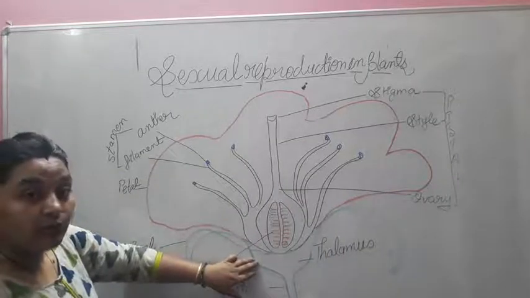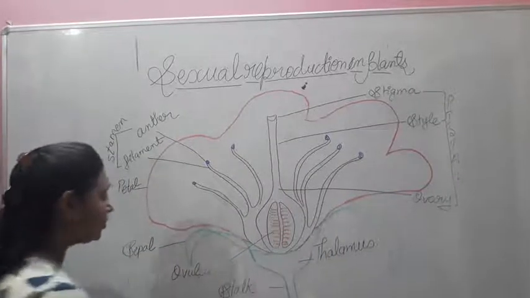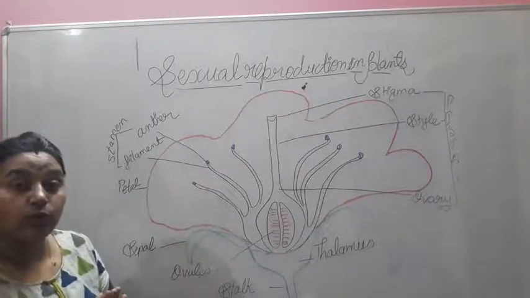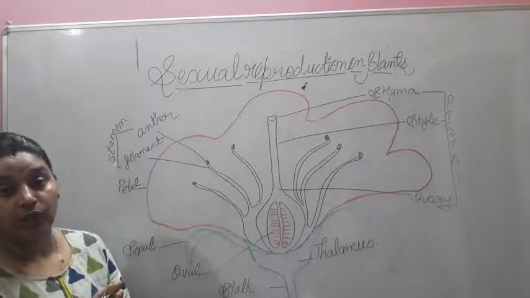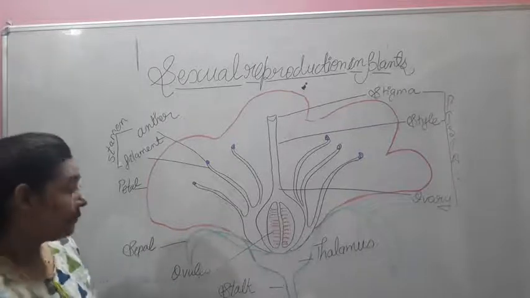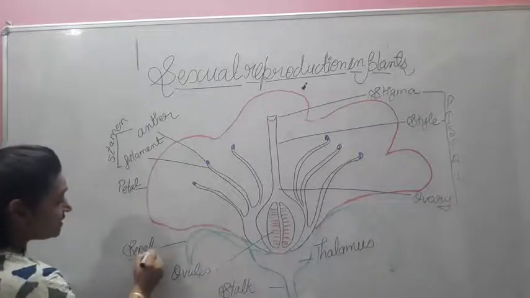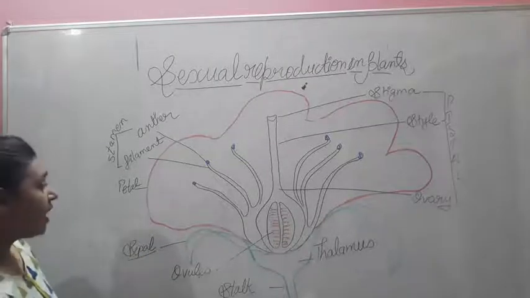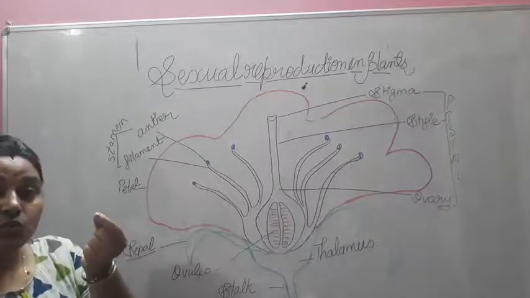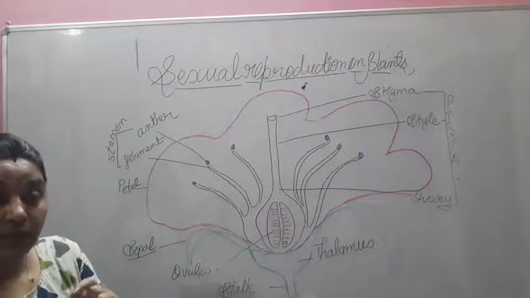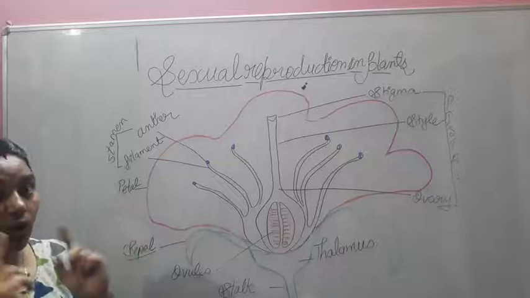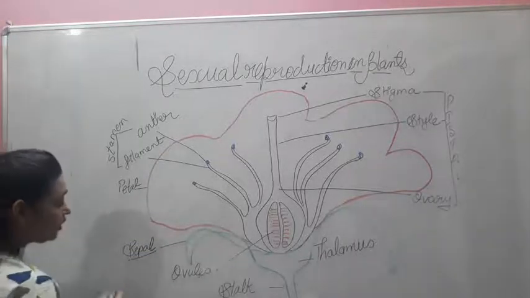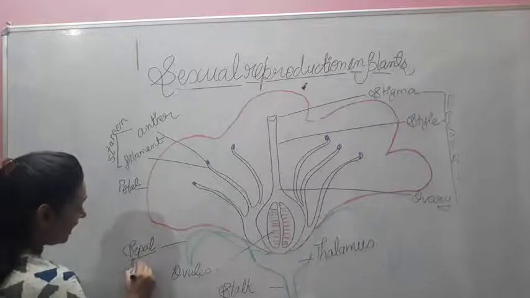Now when you move upward from the thalamus, you will see some green leafy structures which give protection to the buds of the flower. That green section is called a sepal. So this is a sepal. If you see just one leafy structure, that is called a sepal, but if you count all the green leafy parts around it, altogether they are called the calyx.